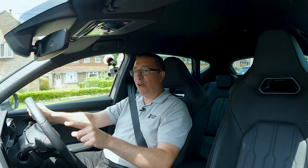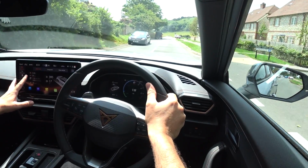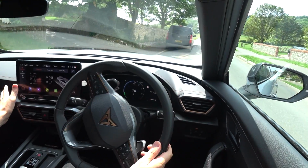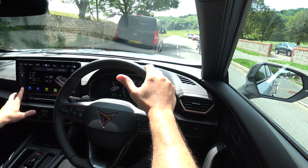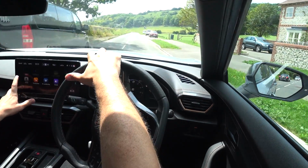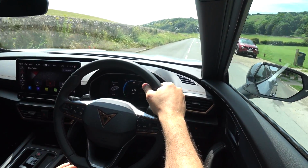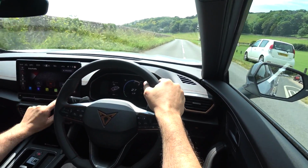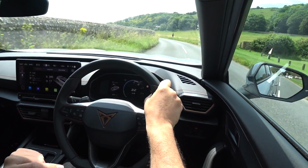So before we get going, let's have a quick look at driving data. So we've got 113 miles per gallon while driving along this bit of road up to now. But what we're going to do, we're going to change into a slightly more sporty setting. So we'll press the button, vehicle, driver profile. Let's go over to sport and see what that does for our fuel consumption. Not sure I want to watch this. So just a reminder, we're at 113 miles per gallon,